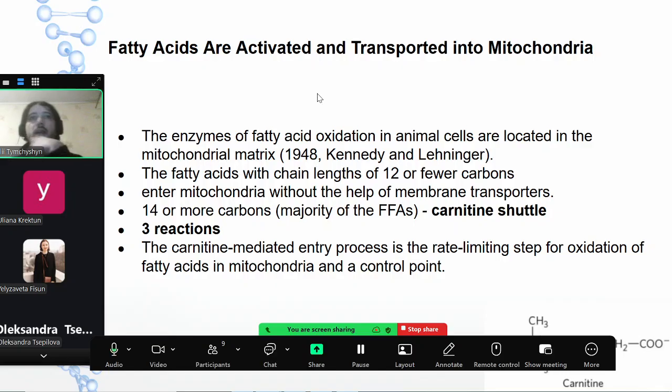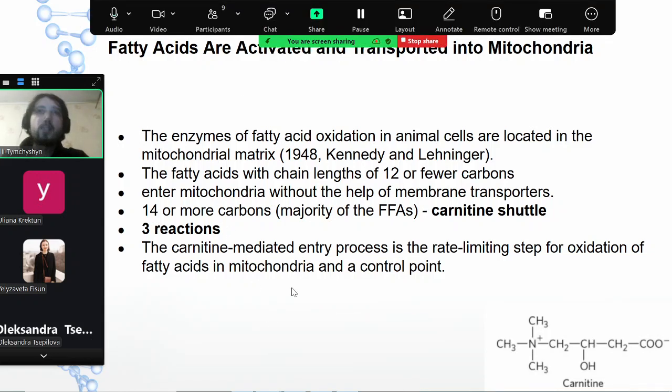So fatty acids are for that sort of processing and getting energy out of them. You remember that the Krebs cycle goes on in the mitochondria, so we should get all these chemicals into the mitochondria to do something with them. We need to transport fatty acids somehow. We need to activate them and transport them into mitochondria. The enzymes of fatty acid oxidation in animal cells are located in the mitochondrial matrix,